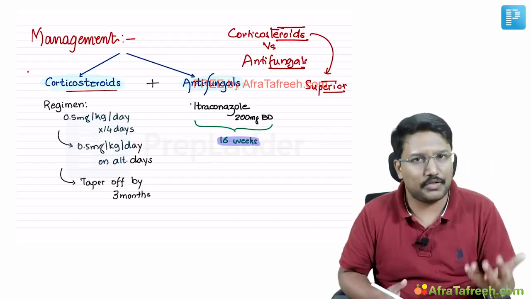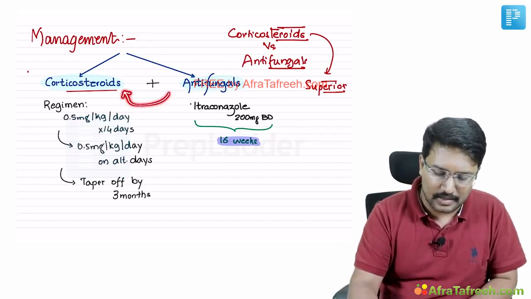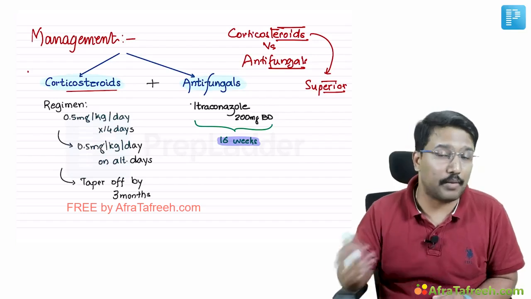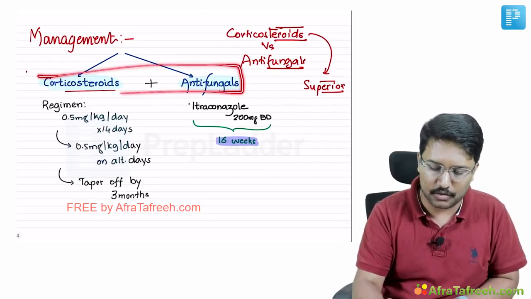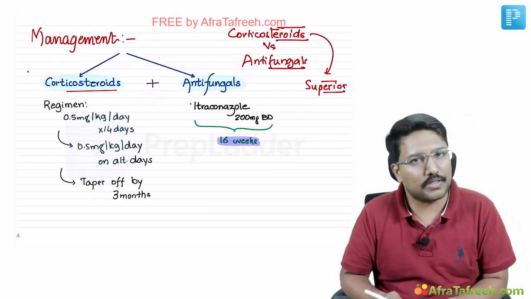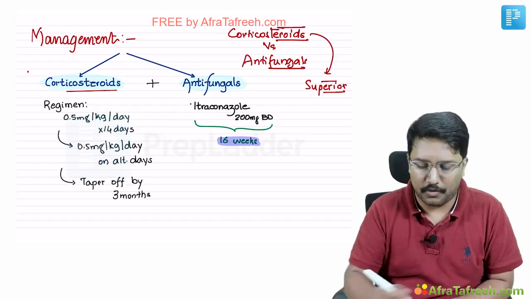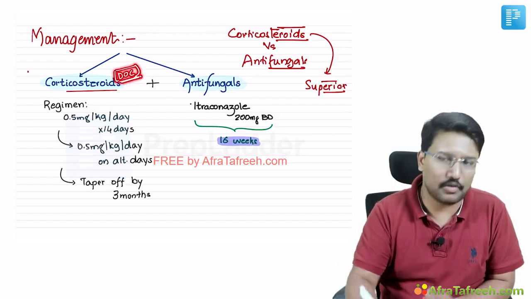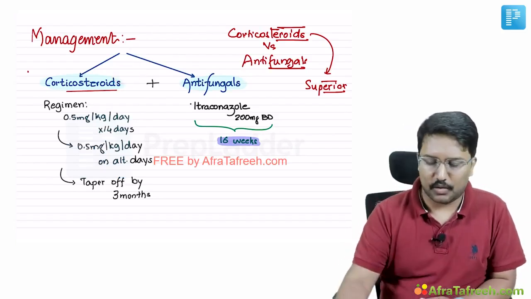But then what do we achieve by adding antifungals? Theoretically, we achieve a reduction of allergen load, and that should manifest in the form of reduction in the duration of steroid therapy. You will be able to quickly taper off steroid therapy, and that's what we can achieve by combining. So that's why currently a corticosteroid plus antifungal combination is the most commonly followed practice for management of ABPA. But if you have to pick one drug of choice, you still need to consider corticosteroids as the drug of choice.